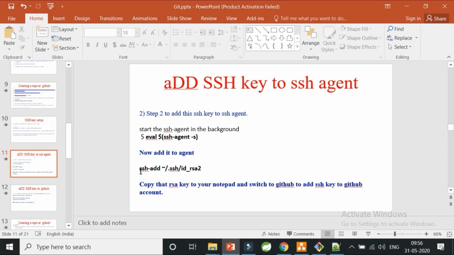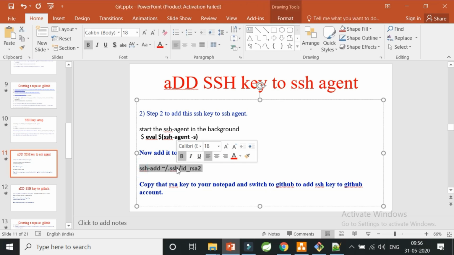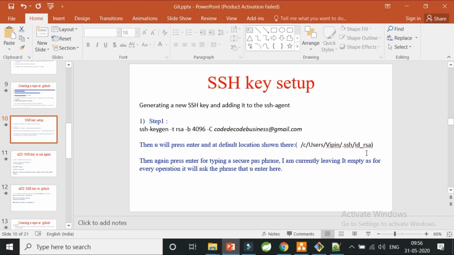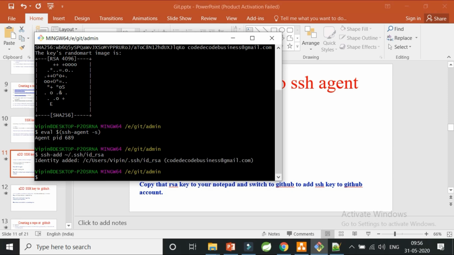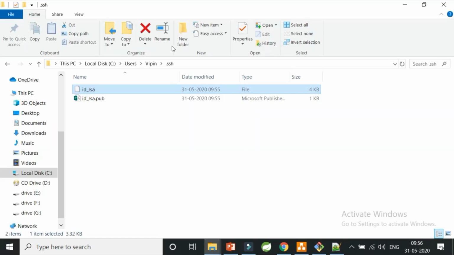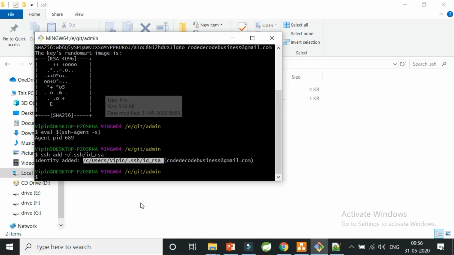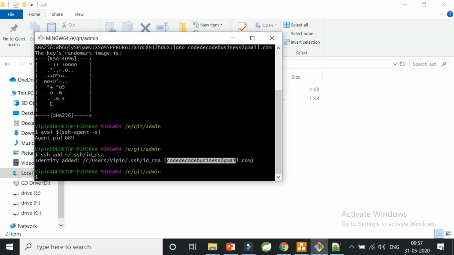And now what we are going to do is ssh-add and RSA. In the previous way we have seen that it's simply id_rsa, so I'm only going to cover up to id_rsa. Fine. So what we have done is added a particular RSA file, id_rsa. This particular key is being added with this business Gmail ID of mine. So these are the only two very simple steps to create the SSH key and add it to the agent.